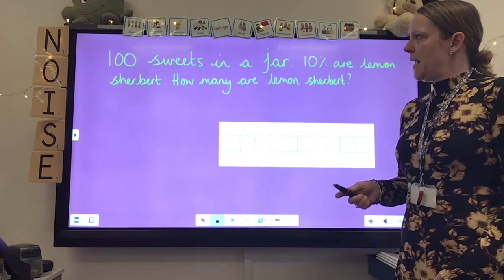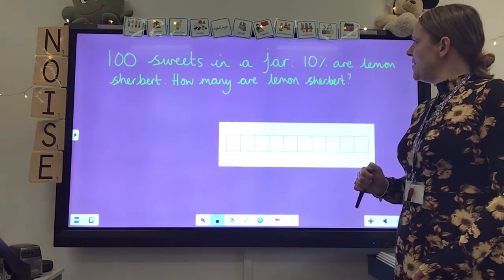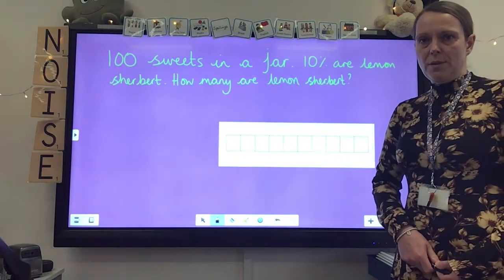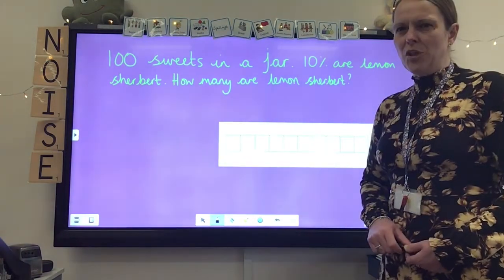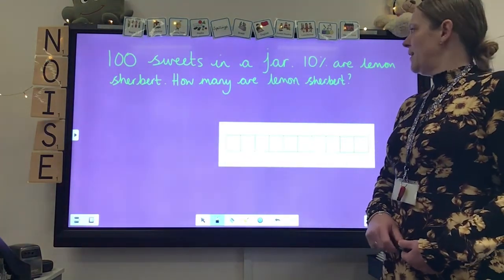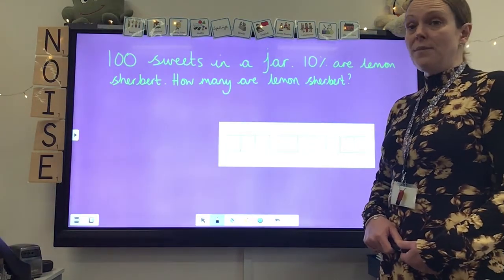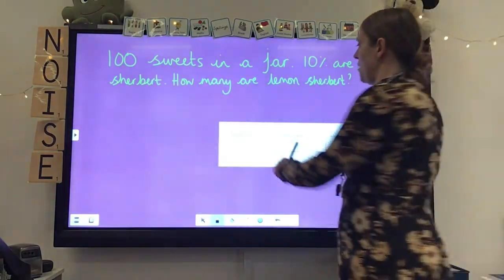So I have a problem here, 100 sweets in a jar and 10% are lemon sherbet. Okay, I like a lemon sherbet. How many of the sweets are lemon sherbets if 10% of the jar are? So if we know that,